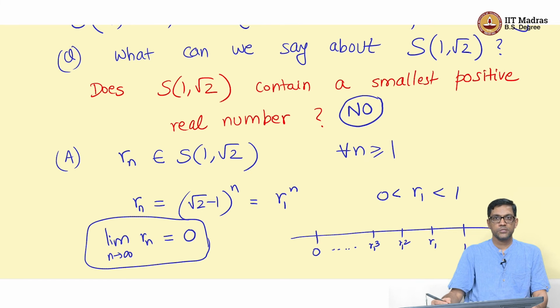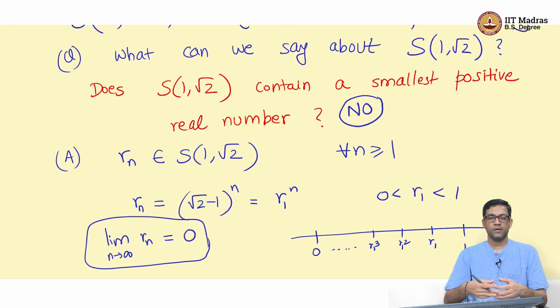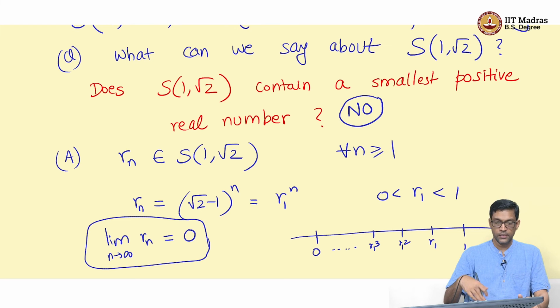Right? Why? Because look at each of the Rn's, they are all elements of S, and there is no smallest positive number because the Rn's is actually a sequence of numbers which is going towards 0. So you pick any candidate number, there is some epsilon, there is some Rn smaller than that epsilon. So there is no smallest positive real number. Okay. So that is the key difference between when you have two integers versus when you have, say, numbers like